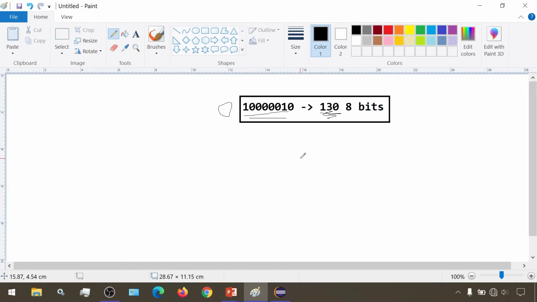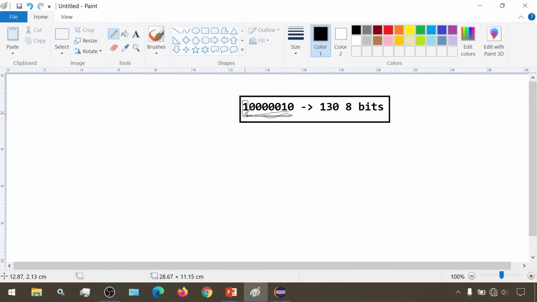But in the case of byte, only 8 bits are allowed. So byte will just take these 8 bits, and by convention the MSB represents the sign. So this one is now the MSB, because only 8 bits are taken, and then their sign is checked.